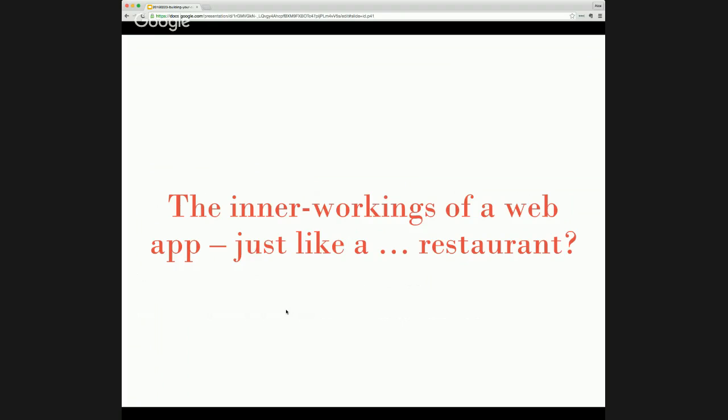So I like to use the analogy or say that the inner workings of a web app are just like a restaurant. So follow along with me. You walk into a restaurant and you're seated at a table in the restaurant industry, what's called the front of the house or the dining room area. A server greets you, and after you've looked over the menu for a few minutes, you place an order for, let's say, a steak salad. You tell the server and they bring your order back to the kitchen, which in restaurant terms is called the back of the house. Your salad is prepared, and when it's ready, the server brings it back out to you